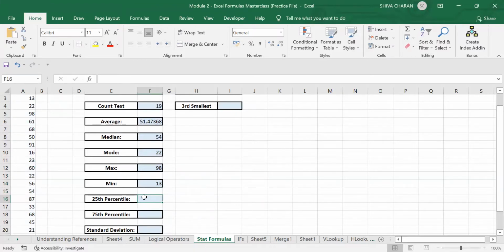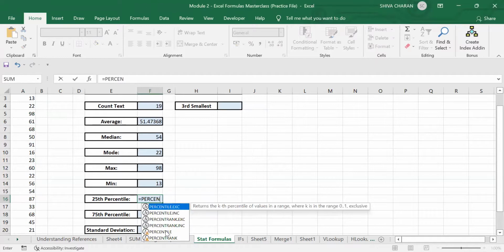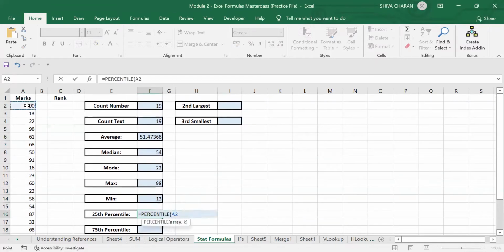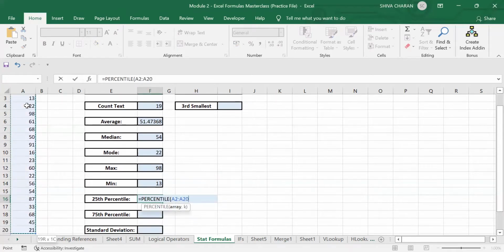Now here we will be checking the percentile, the 25th percentile. So the formula will be again percentile only. So select this one, and the array is nothing but the range here. So array and range are both the same. Hit comma. So k determines the percentage. So what percentage do we need here? 25th, right? 25 percentage, right? So that percentage we need to enter here